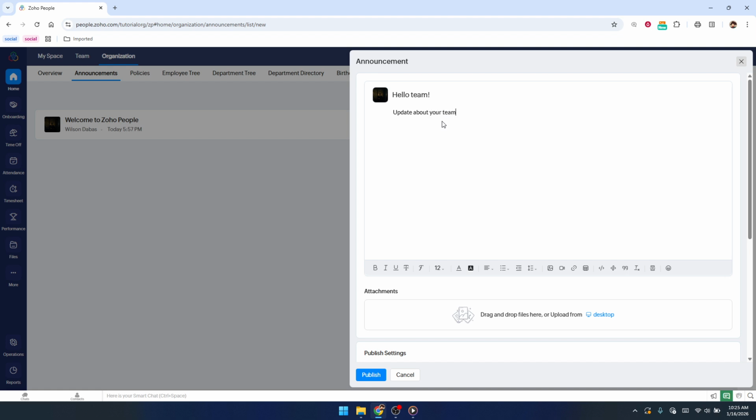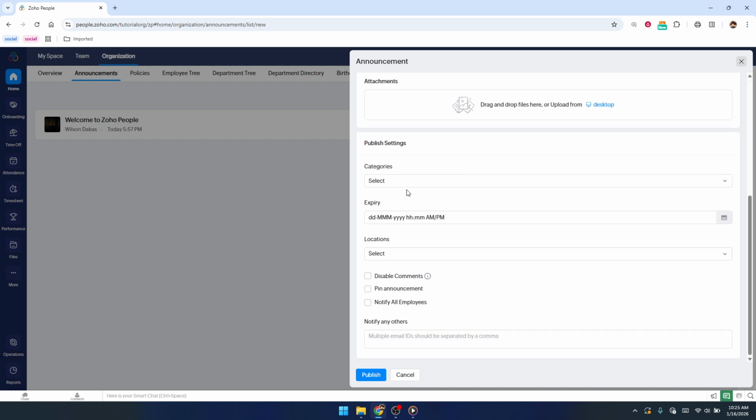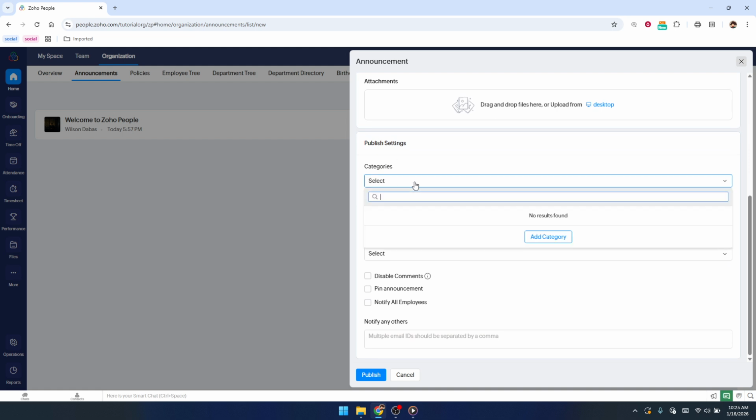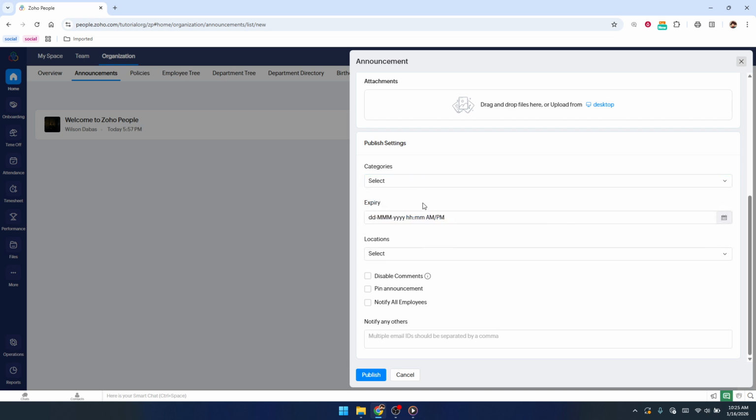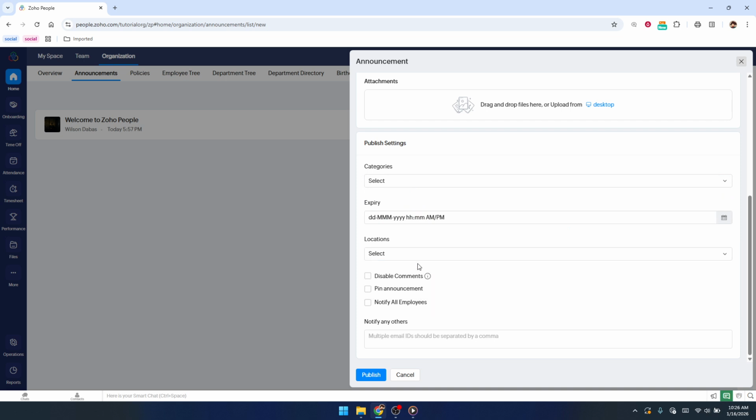Next, you'll choose who should receive this announcement. Scroll down until you see the section called Publish Settings. Here, Zoho lets you narrow down your audience so you're not emailing the entire organization if you don't need to. You can target specific locations or departments. For example, if your message only applies to one office or one team, select that location or department from the